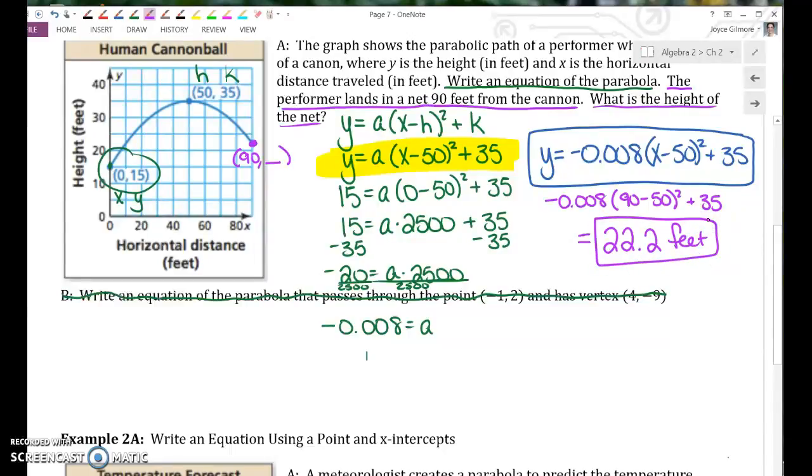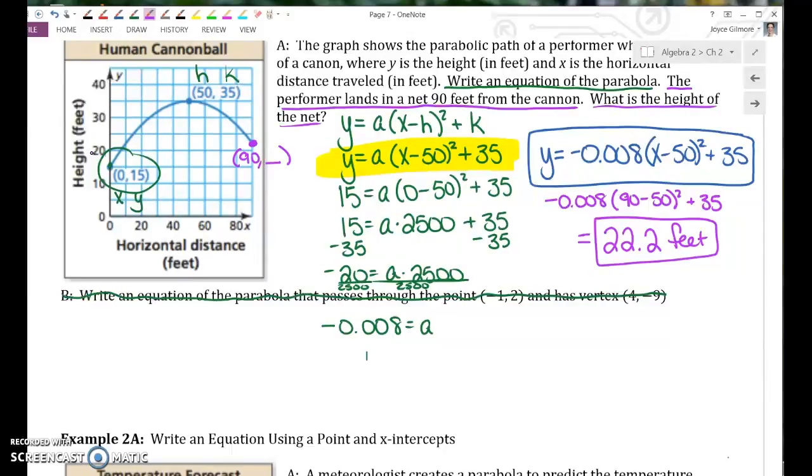Feet high, correct. So 90 feet horizontally into this flight, he lands in a net. That net is 22.2 feet. And you can use the graph to check yourself. Does that look like approximately 22.2? Yeah, that would work. The other things that are interesting to notice, I want you to understand what these points